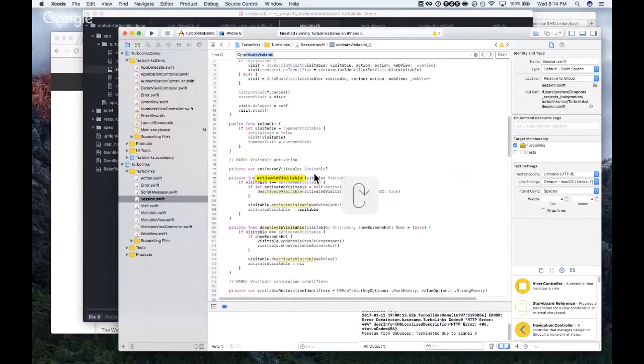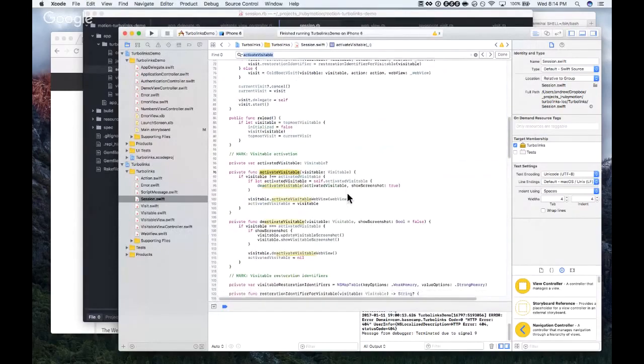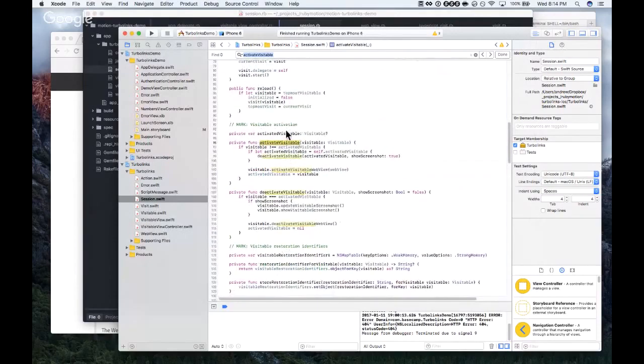Is it in this protocol? Here it is, visitable activation. Private function activate visitable: if visitable is not equal to the activated visitable, then deactivate the current activated visitable and call visitable activate visitable web view. Okay.